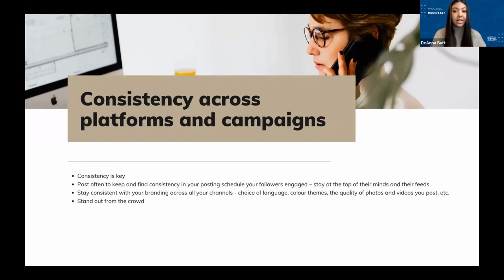So kind of making sure you're hitting that average of 1 to 2 times on whatever platform that you're posting on. You also want to stay consistent with your branding across all your channels. So when I say this, I don't mean post the same graphic every time and the same caption every time, but more so the language you use and the color themes you're using, if it's your branding colors, your messaging, the quality of your photos and videos, and as I just mentioned, the frequency of your posts also establishes a brand as well. You want your users to see your message on any platform and automatically know that that belongs to your brand and your company or your personal account.